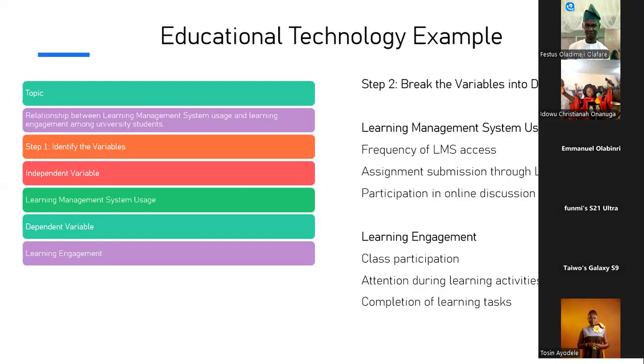What I'm trying to say is that to achieve this learning engagement, one needs to consider all the sub-variables that are under this learning management system as a gateway to achieving the learning engagement. That's how I understand